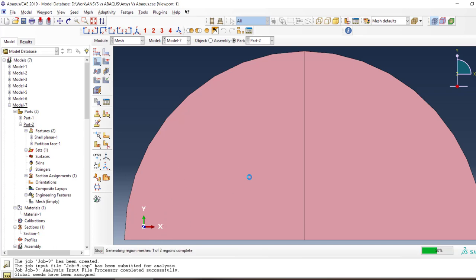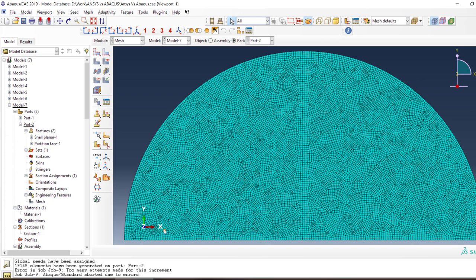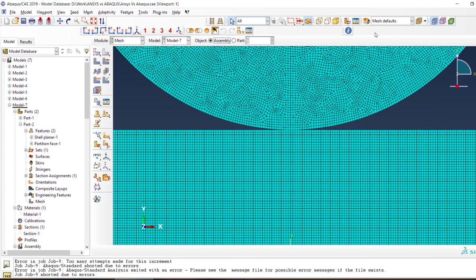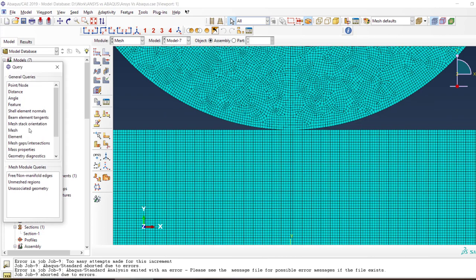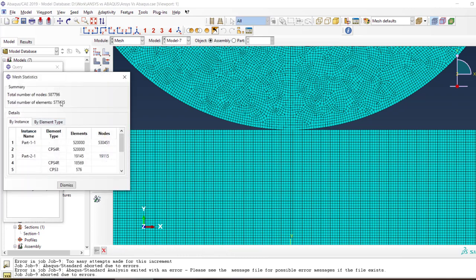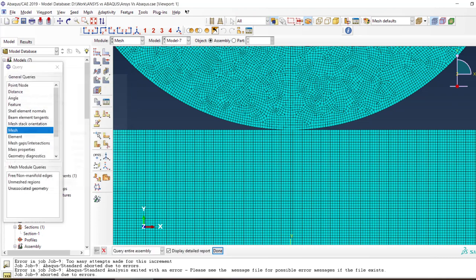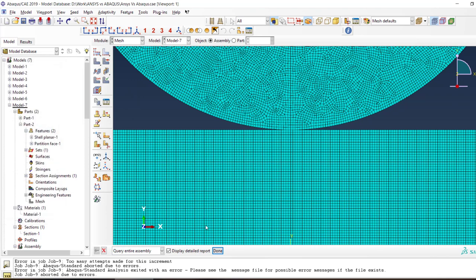Now my mesh is a little bit too big to be solved, and how much mesh do I have? Mesh and detailed people, 577,435. Wow, that should take too much time,